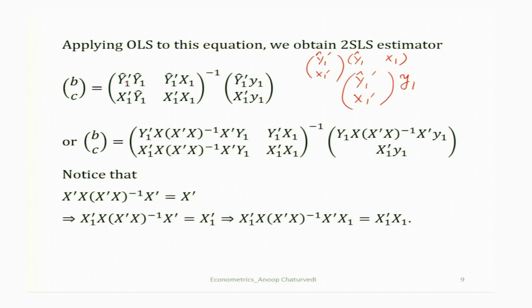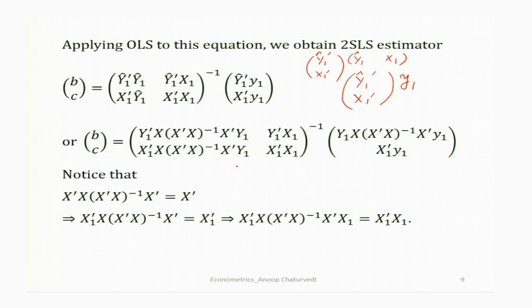we substitute the value of y 1 hat. y 1 hat is equal to P y 1. So, y 1 hat transpose y 1 hat, P is a symmetric idempotent matrix. So, this is equal to y 1 transpose P y 1, and P is equal to x transpose x inverse x transpose. So, you get this expression. Then you have y 1 hat transpose x 1. Y 1 hat transpose x 1 is actually equal to y 1 transpose x 1,